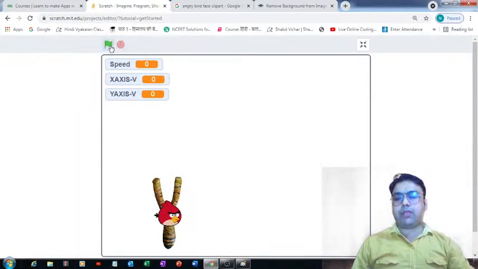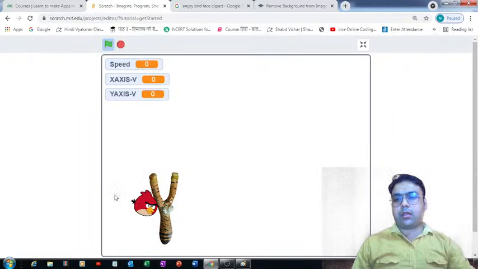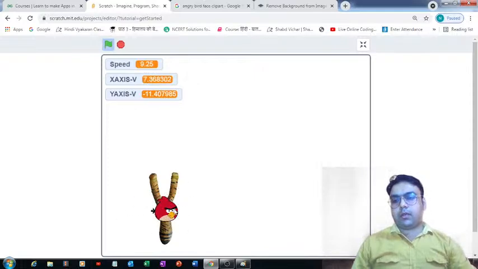Let me restart the game. Okay, so I'm able to see it moving. I'm able to fire this angry sprite and it is looking perfectly fine.